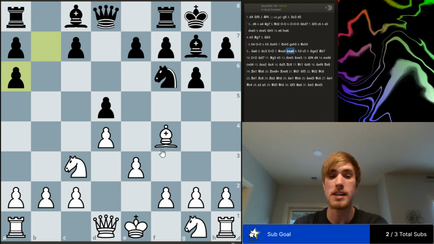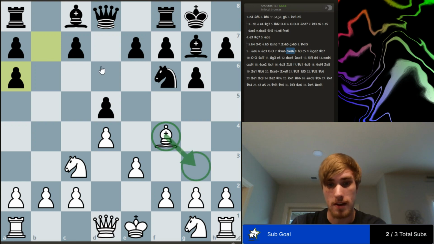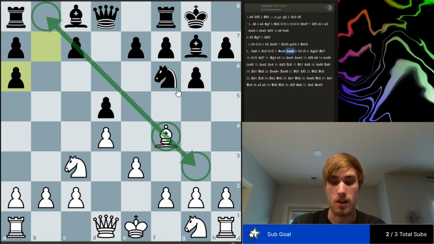And the entire idea behind this whole setup is that you damage black's structure like this. You've given up the bishop pair, but now black has two doubled A pawns, which is bad, right? These pawns are not equivalent to two pawns anymore. The other benefit is that now my bishop is very strong on this diagonal as well, especially